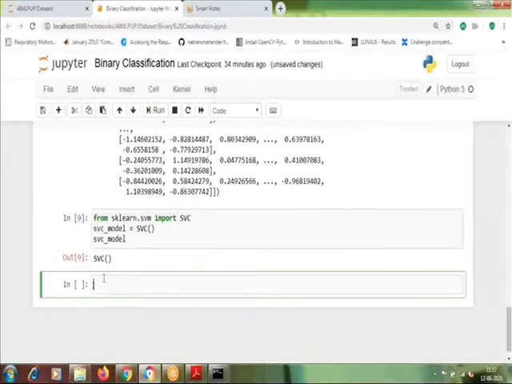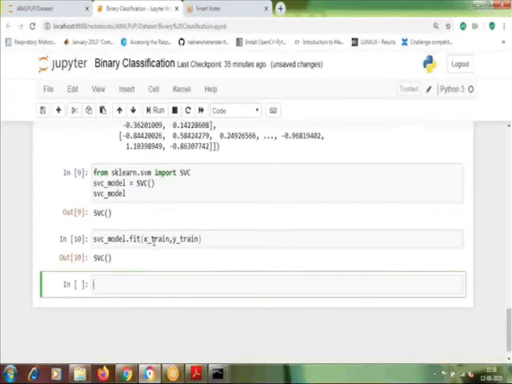Now what you need to do is actually train this model. So from train data set, we need to train it. To train the model, just specify the variable name where the model is stored. So here SVC_model is the variable name, dot fit. Fit will train the model and then give the train data set variables. So we have x_train and y_train, two variables, and then execute this cell. So here SVC model got trained.